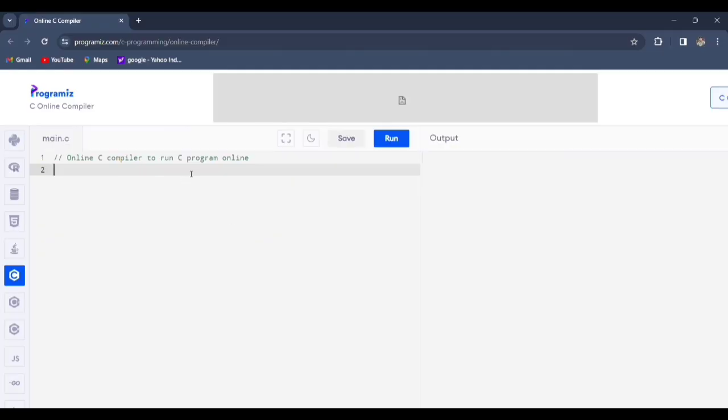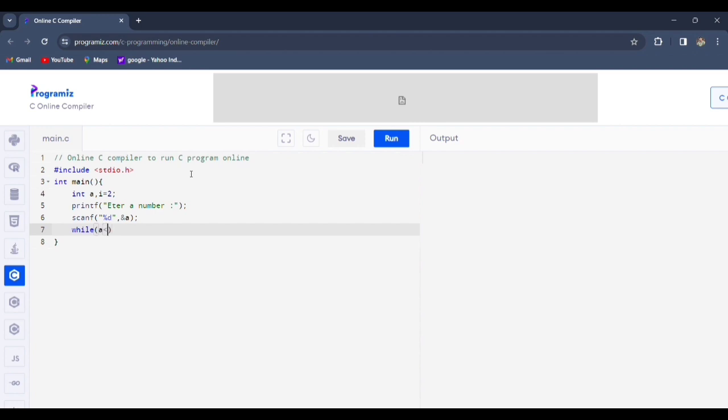In the online C compiler, first of all, I am writing #include <stdio.h>, then int main, within the parentheses int a, comma, i equal to 2. I am initializing i here in the first line. Then printf, enter a number. We are requesting the user to enter a number. Then the scanf function to take the input from the user. Then write the while condition, while i less than equal to a minus 1. Then according to method 1,